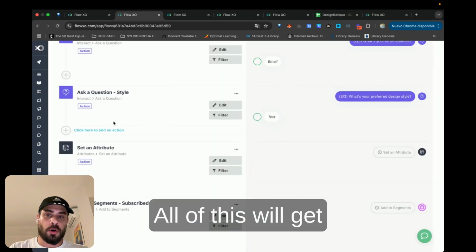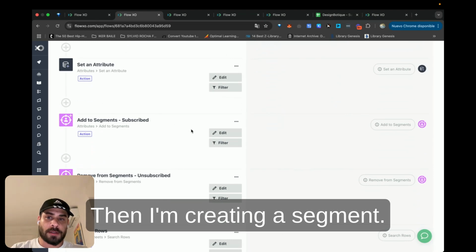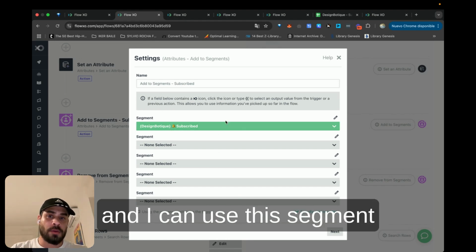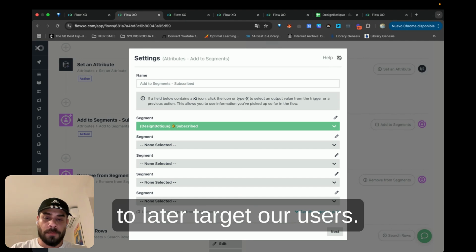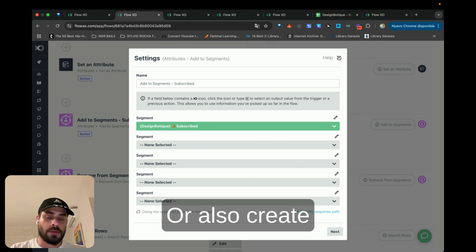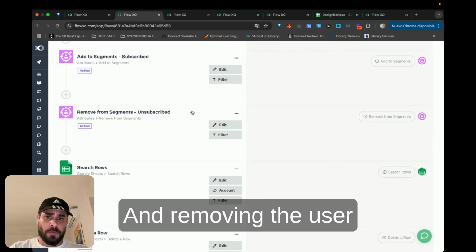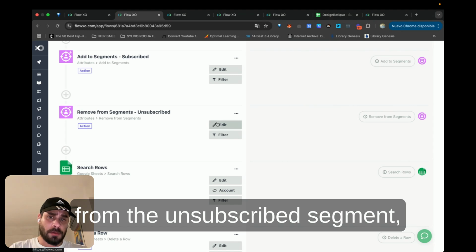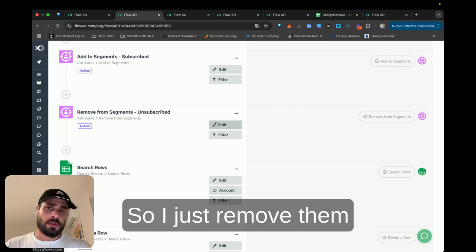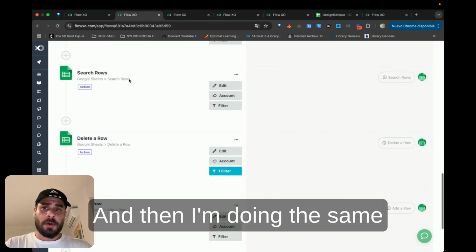All of this will get stored in FlowXO. Then I'm creating a segment. I'm adding the user to a segment which is subscribed, and I can use this segment to later target our users with messaging or also create some logic around this. And I'm removing the user from the unsubscribed segment, just in case the user was already unsubscribed. So I just remove them from this segment, and then I'm doing the same for the Google Sheet.